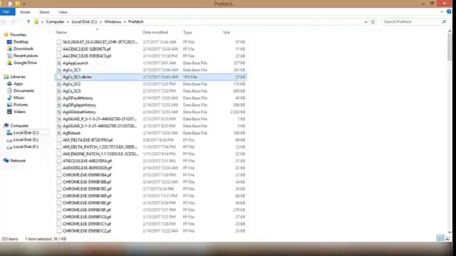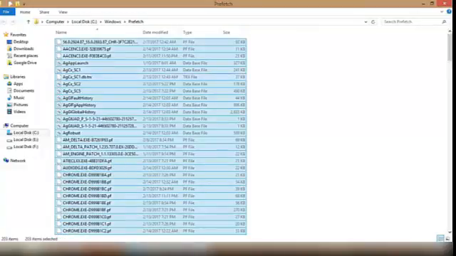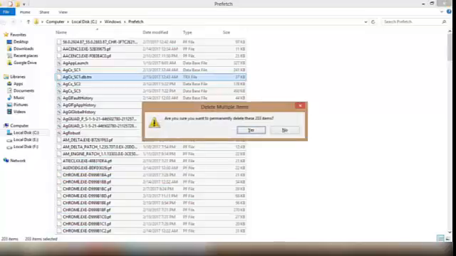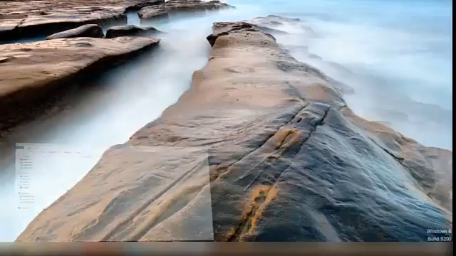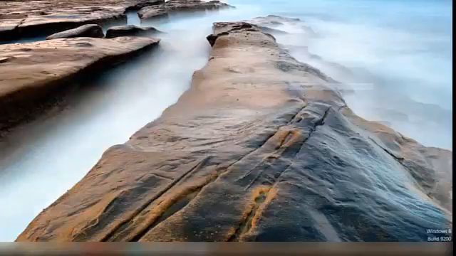So I'm gonna show you by doing this. Select all by pressing Ctrl A and then delete them all completely by pressing Shift plus the Delete button on your keyboard. There are 203 items and that's pretty much, so we will hit enter, and as you can see, your prefetch folder is empty and your temp folder, the one we did before, is also empty, and your system is running like an airplane jet, very smoothly.